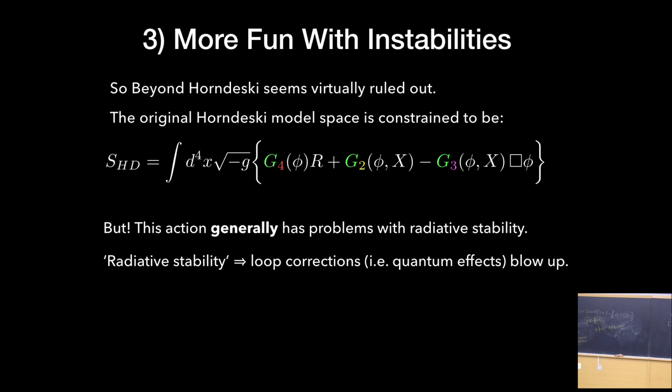So you want to do these loop calculations, and what you hope to find is that the amplitude of these loop calculations is suppressed by some really large number, like the Planck mass. And that's what's happening in GR: the loop calculations are suppressed by the Planck mass. So unless you happen to be doing Planck scale physics, you don't have to worry about them, and you can use GR as a classical and predictive theory. Okay, so this is the basic check that needs to be done for this action.